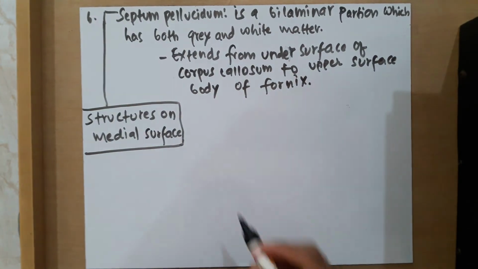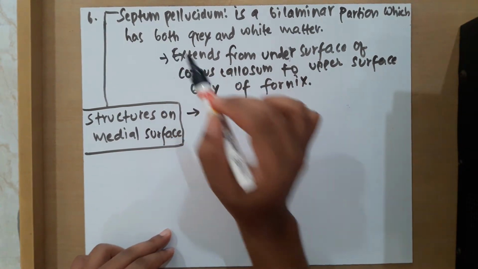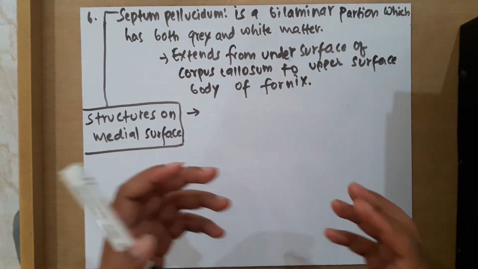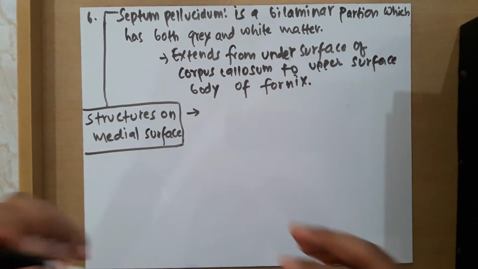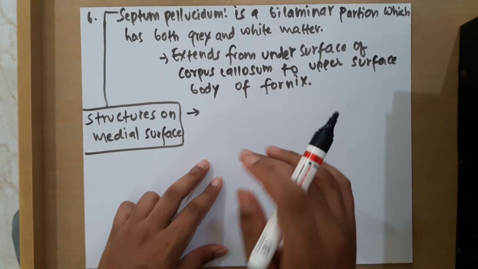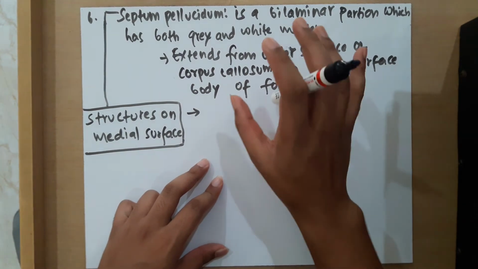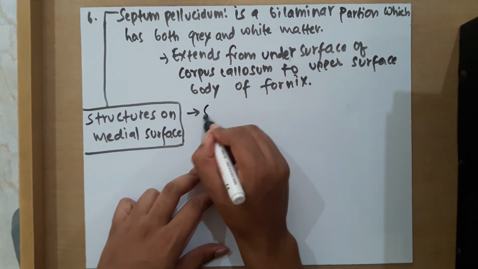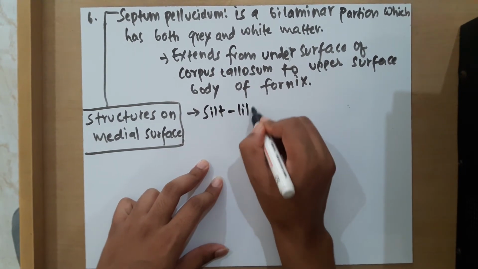The other next point is that in between the two layers, it has a slit like cavity, which is filled with tissue fluid. Okay, not cerebrospinal fluid. Most of them get confused actually. While we have time pressure while writing in exams, we get confused and write CSF in a hurry. So don't get confused. The slit like cavity between the two layers of the septum pellucidum is filled by tissue fluid, not CSF.